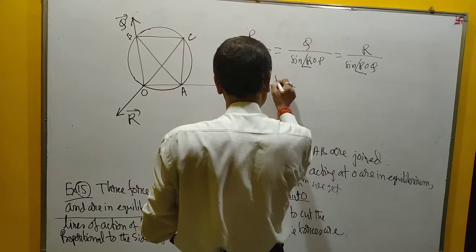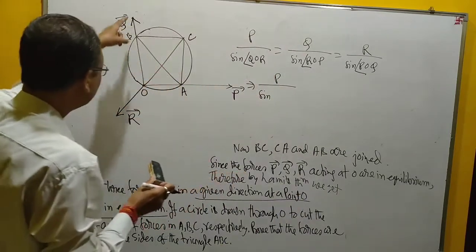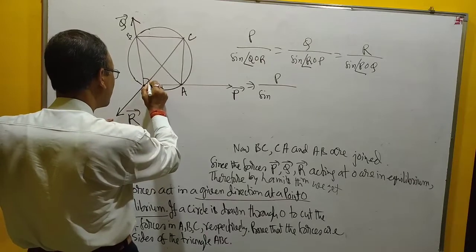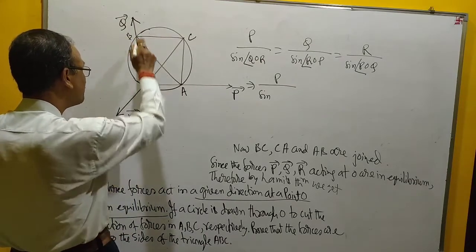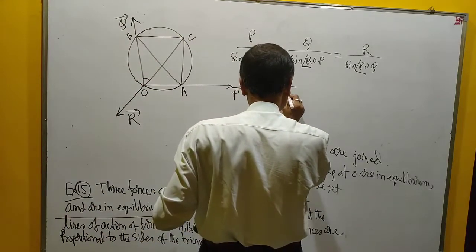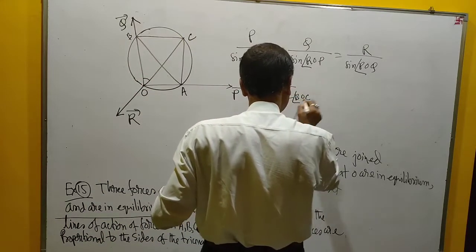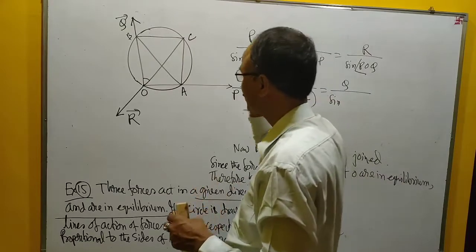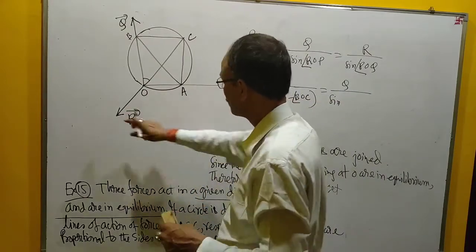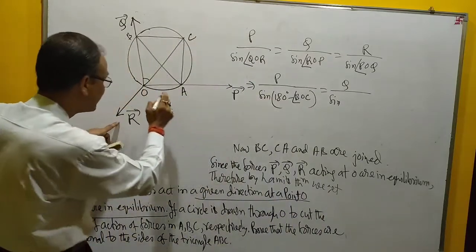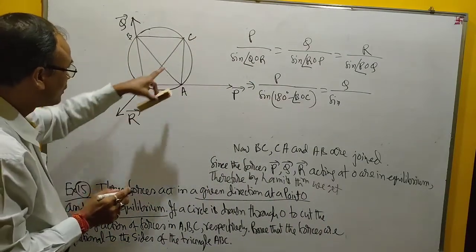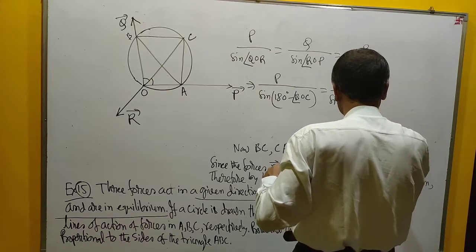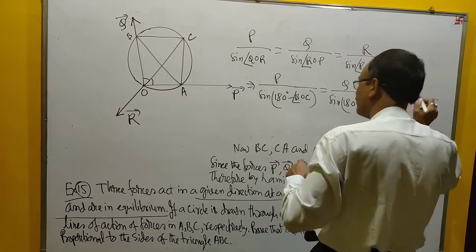Now QOR. This means P divided by sine QOR. What is QOR? QOR is 180 degrees minus BOC, so sine of 180 degrees minus BOC. This is equal to Q divided by sine ROP, this angle, which is 180 degrees minus this angle. What is this angle? COA. So 180 degrees minus COA. This is equal to R divided by sine